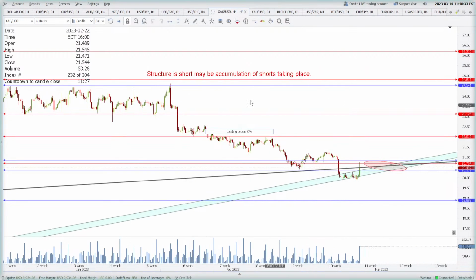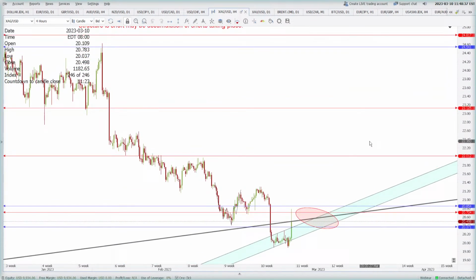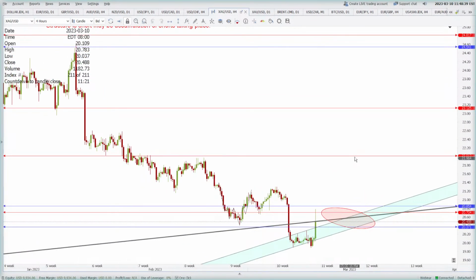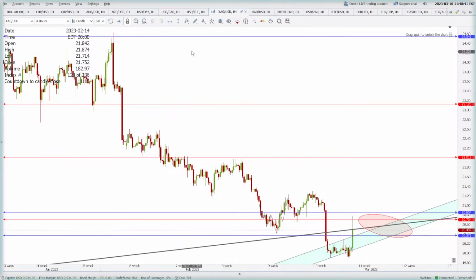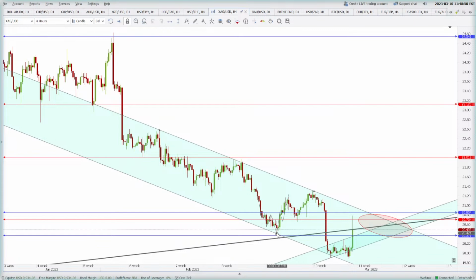What about the silver, guys? Silver is rising, but I don't think that it's a real rise. It is a dead cat bounce, if you know, because the dollar is falling, or it has fallen during intraday. That's why silver is rising. So I will say do not be aggressive while buying silver till the time it does not break higher than this falling channel. Do not be aggressive to buy